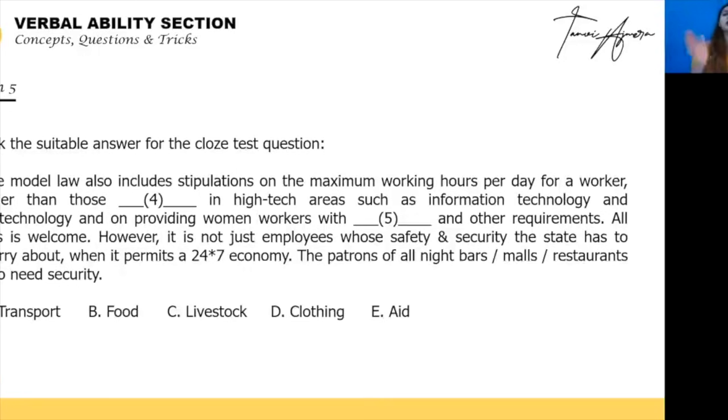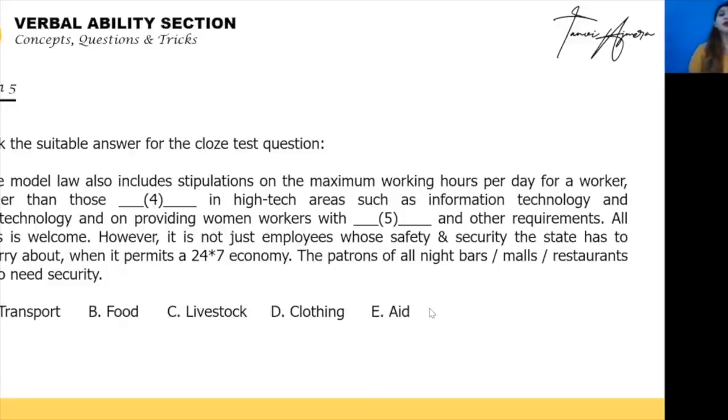Okay, now like I said, remember that the context is related to safety and security. So let's assume that a woman is working in a 24/7 economy where possibly she has to go in the night, she has to work in the night, or she'll have to work at odd hours. In that case, do you need to provide her with food? Okay, very nice if you could, but do you need to? Livestock, okay, again, poultry animals, food, you do not need to provide her with all that. Clothing, why does a woman need clothing, right? Aid, okay, aid could be one of our answer options, but students, generally, when do you use aid? When there has been a tragedy, like you create aid for people who have been affected by the earthquake, by the flood relief, aiding, flood relief funding, right? That's when you provide aid.